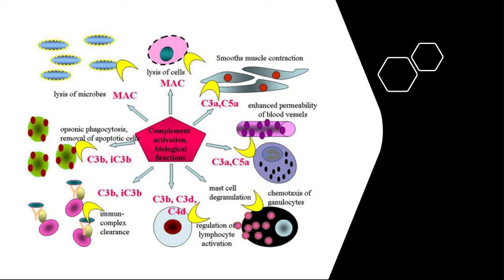The complement system contributes to disease in several ways. The activation of complement by antibodies or antigen-antibody complexes deposited on host cells and tissues is an important mechanism of cell and tissue injury. Inherited deficiencies of complement proteins cause increased susceptibility to infections, and deficiencies of regulatory proteins cause a variety of disorders.